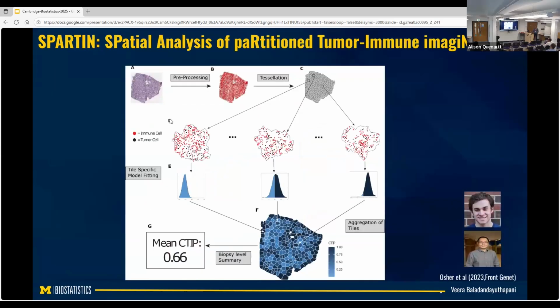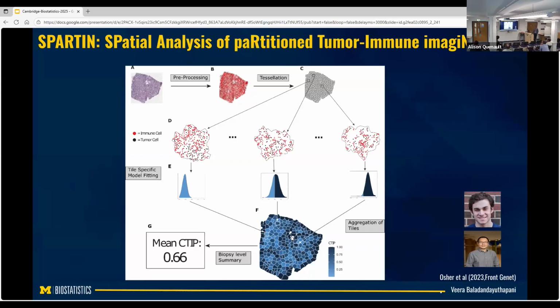So putting the whole thing together, as I said, these are very localized interactions. The sphere of influence is very localized. So you can run it on the whole biopsy, but we actually partition the biopsy into multiple tiles, compute it across, and come up with these maps. This is the probability of interaction with this tumor immune. The darker it is, you can see around the edges there is a lot of interaction going on in some cases. But the lighter ones, there's less.